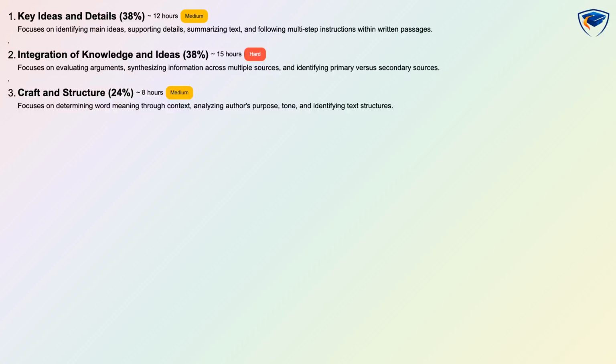Key ideas and details carries 38% and focuses on identifying main ideas, supporting details, summarizing text, and following multi-step instructions. Integration of knowledge and ideas also carries 38% and focuses on evaluating arguments, synthesizing information across sources, and identifying primary versus secondary sources. Craft and structure is 24% and focuses on word meaning through context, author purpose and tone, and